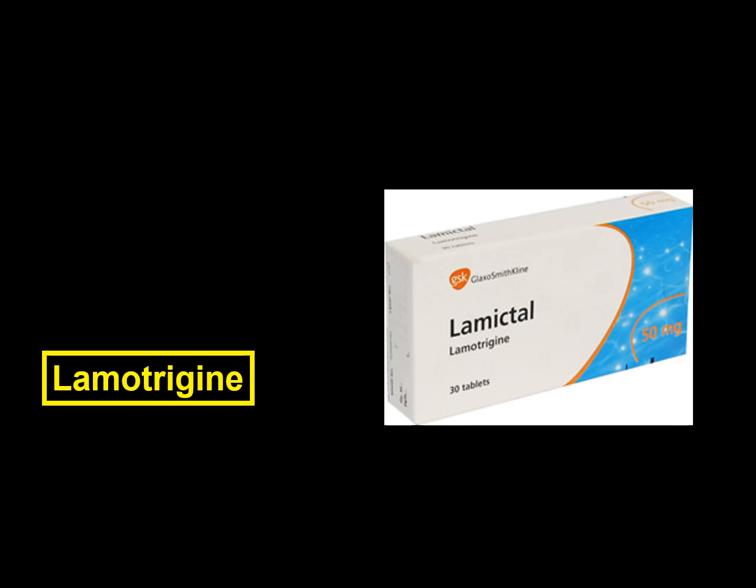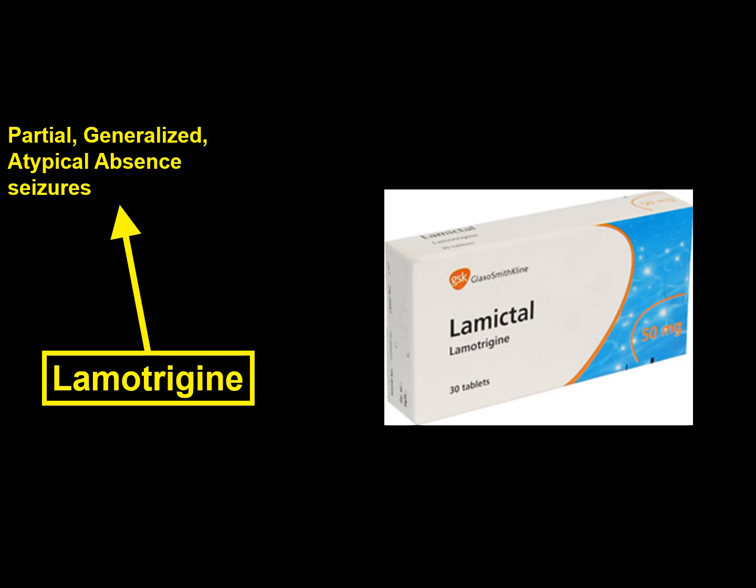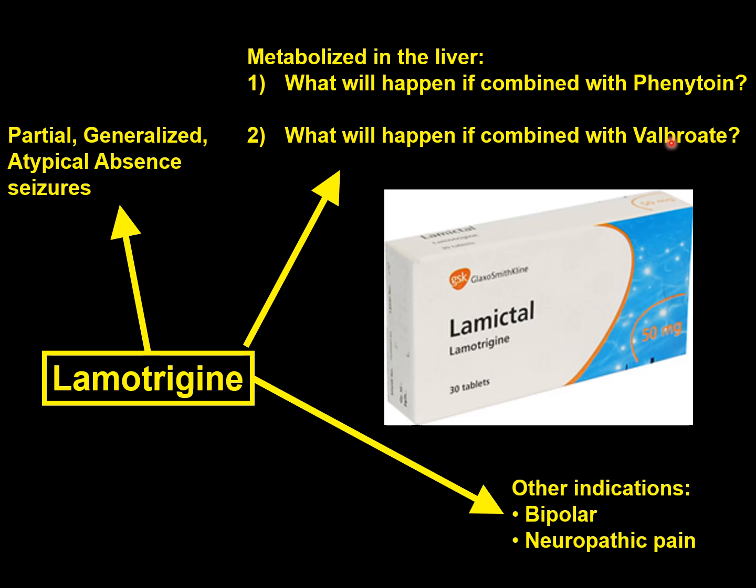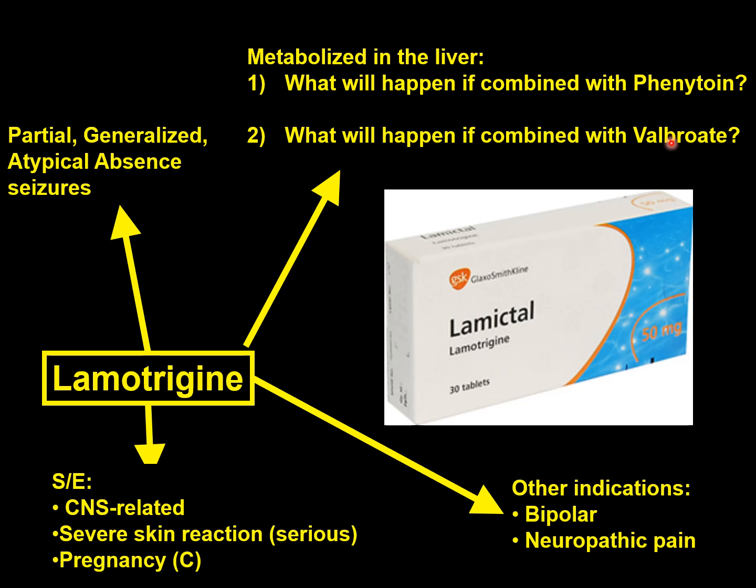Lamotrigine has multiple mechanisms of action. It can be used in partial, generalized, and absence seizure if other medications did not work. This drug is metabolized through the liver, so if we combine it with other medications such as phenytoin or valproate, we have to adjust the dose from time to time, because phenytoin and valproate will increase and decrease liver enzyme activity respectively. Of course, it has other indications, just similar to previous drugs, such as bipolar disorder and neuropathic pain. Side effects,